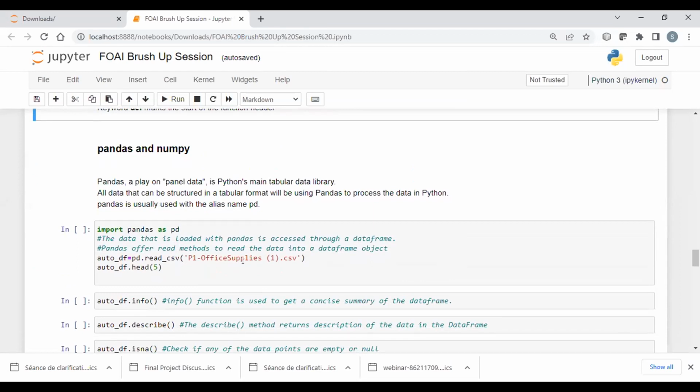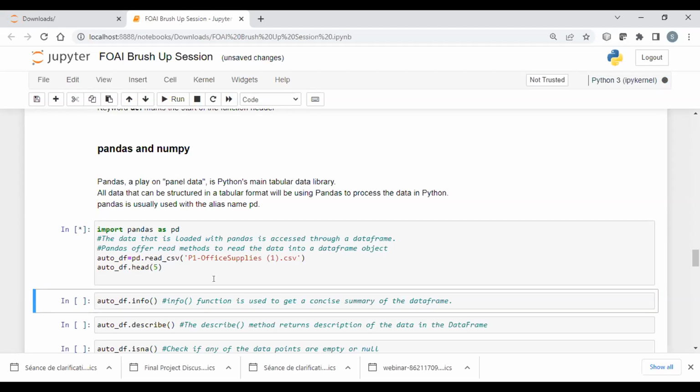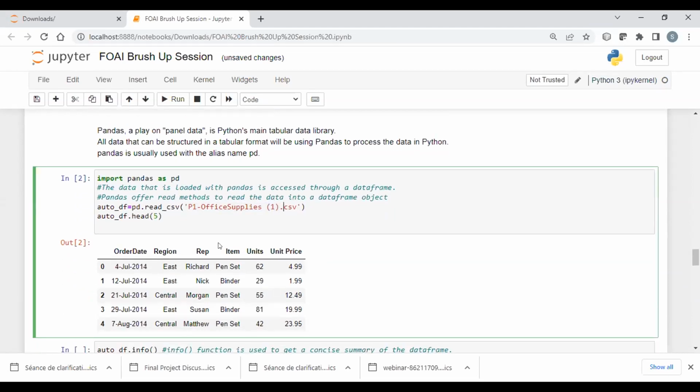So now let us understand about pandas and numpy. We have already gone through the theoretical lessons for pandas and numpy that were covered in the presentation. Now let us see how it works practically. We need to import the pandas library before making use of pandas. We are using the import statement, import pandas as pd, and then we are reading a file into it. We already have an example file that we are taking here, and we are reading it.